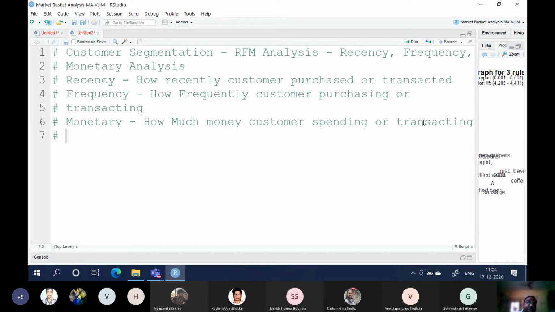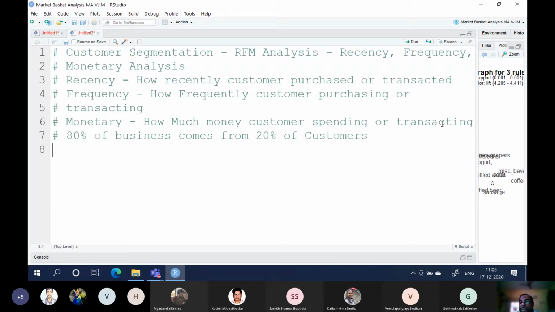Typically, why we need to know this is there is a rule, the 80-20 rule, Pareto's rule. You remember Pareto rule? Generally, 80% of our business comes from 20% of our customers. That is the logic behind this RFM analysis.